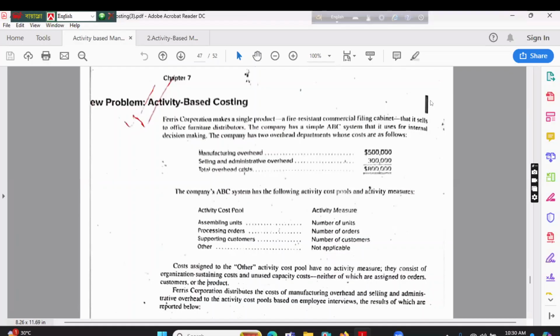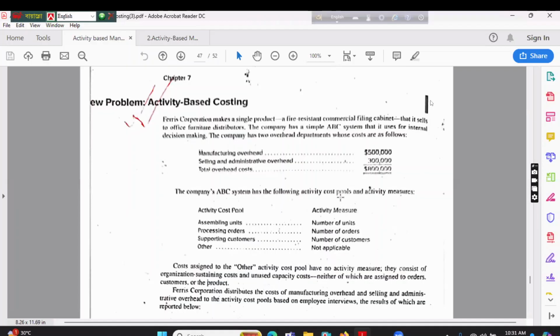Here we find manufacturing overhead and selling overhead. This is direct non-manufacturing overhead. Total overhead cost 800,000. The company's ABC system has the following activity cost pools